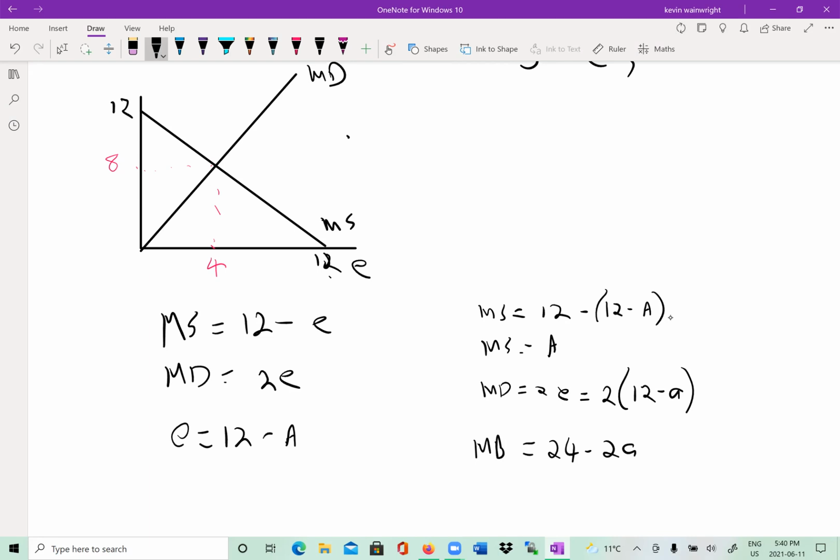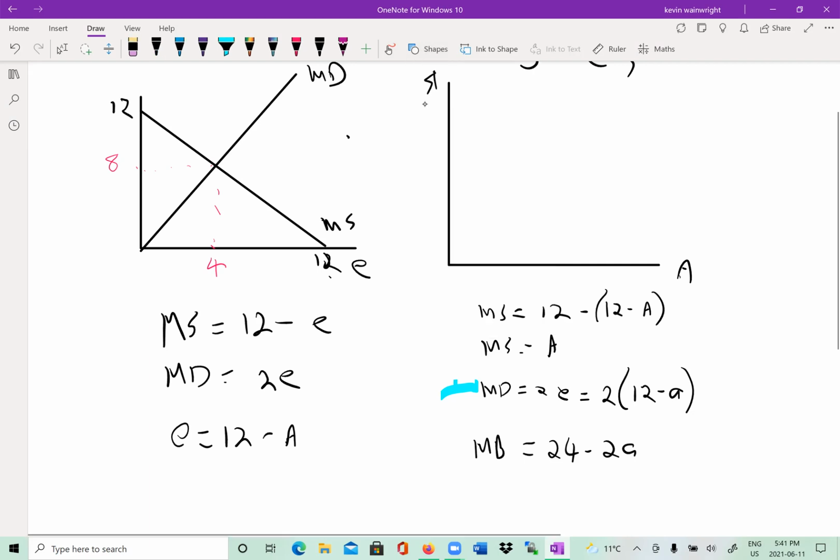So we have the marginal damage of emissions. So the more emissions we have, the more damage is incurred. Alternatively, the reverse image is the marginal benefit of having no emissions or abatement, given by 24 minus 2A by substitution. And what that means is graphically, if we draw it this way, we have abatement on this axis, money on this axis,